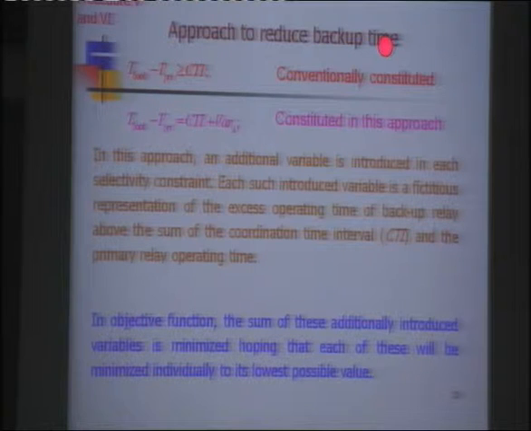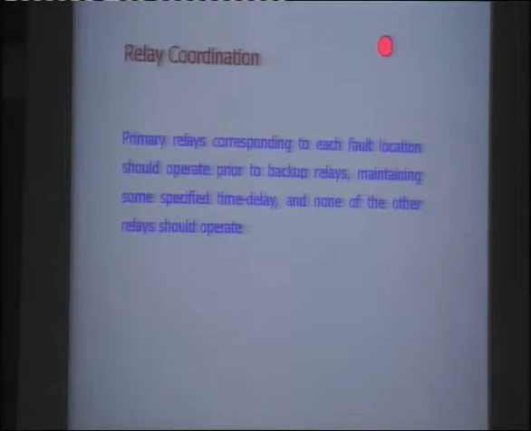Here we are sacrificing some quality of protection by reducing some constraints. So it is emphasized recently that for a small system, coordination solution based on near end is acceptable, but in a large integrated system one does not know which pair may be a critical pair. So for large integrated systems, the coordination solution based on near end and far end keeps the system more defendable and secure. So for a critical system, we will have to take into consideration all the constraints corresponding to both sides. But for a normal system where no critical and no major devices or load points are there, we may consider this simplification.